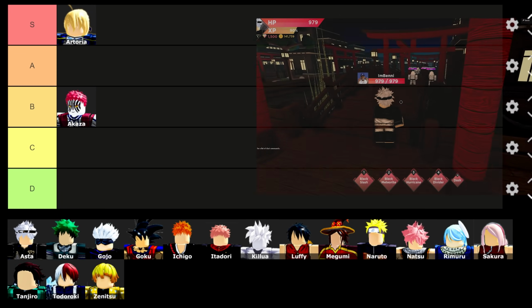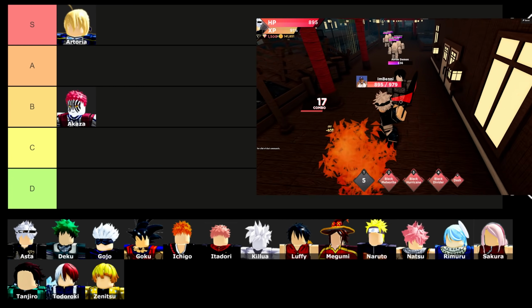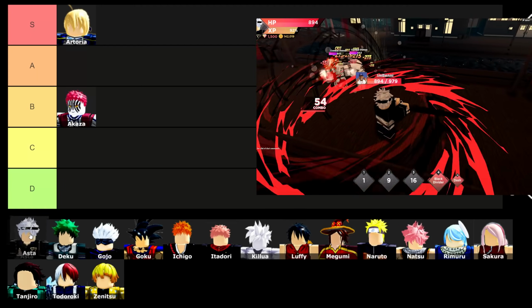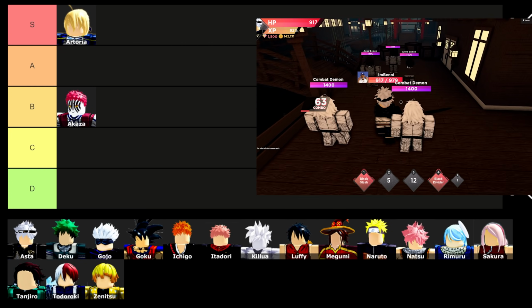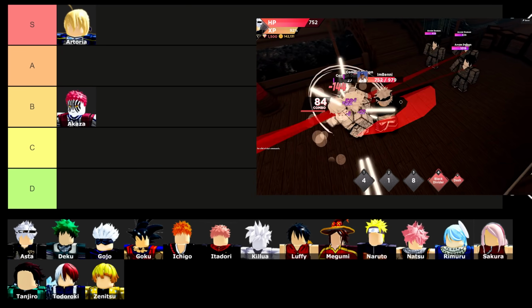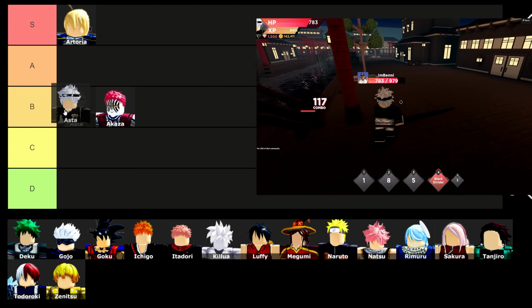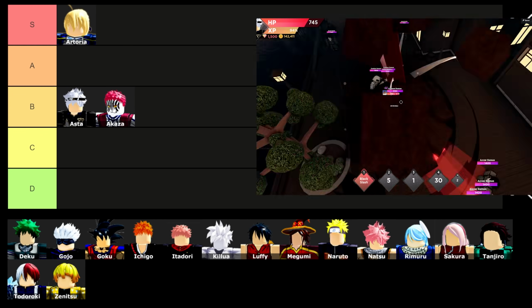Next up is Asta. Now, Asta, I didn't really like him at first, but then I played him a second time, and I was like, maybe he's not too bad. Maybe he's decent, I would say, but still, I don't really like him all that much. I wouldn't say he's my top pick when choosing people, but I would say he's better than Akasa. I had a better time clearing the dungeon with Asta than Akasa, and that's a dead truth,